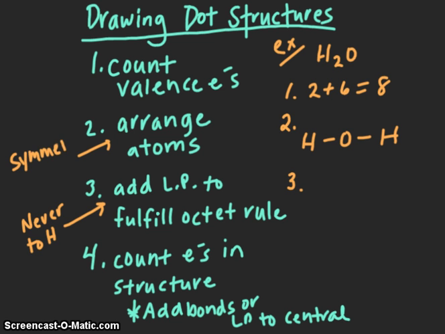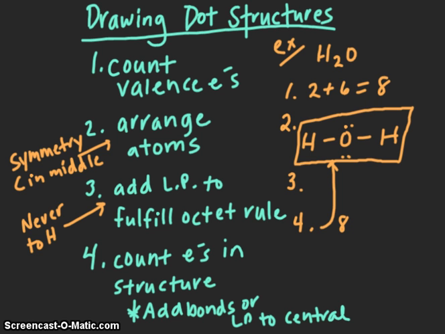Now keep in mind, there is an exception. Hydrogen never gets lone pairs. It's fulfilled the octet rule with just the 2 electrons. So only oxygen needed the lone pairs on the top and the bottom. And step four, if I'm going to count the electrons in my drawing, I have 2, 4, 6, 8,